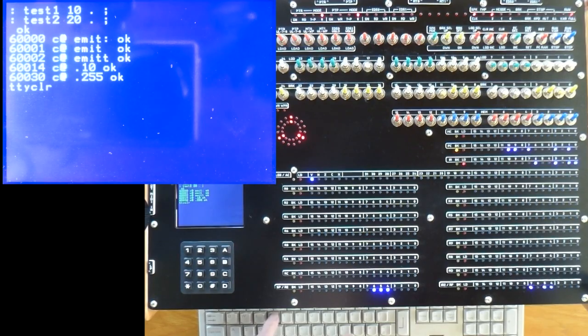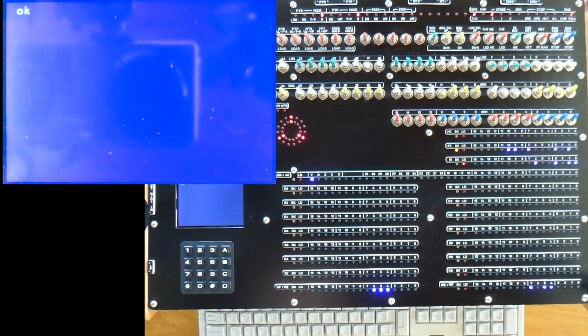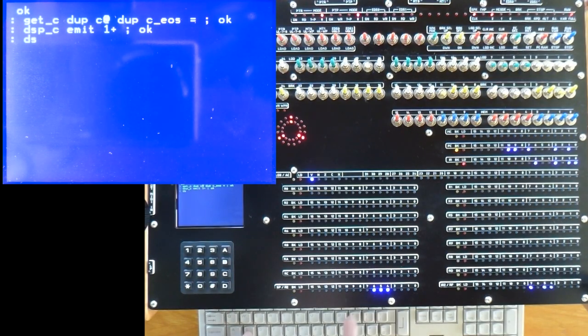Okay, now for a routine to display the buffer contents properly. This is just for confirmation at the moment, but the target editor will need something like this to present the screen for editing. So first a couple of support routines like before. I won't go into the details, but there's a get character and a display character. And then the main display routine called display screen clears the screen, puts the memory address on the stack,